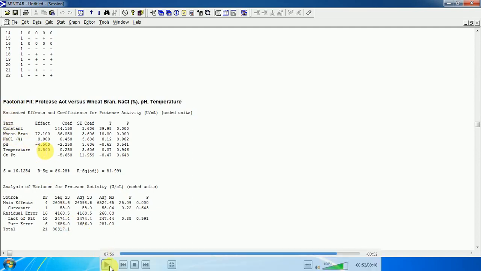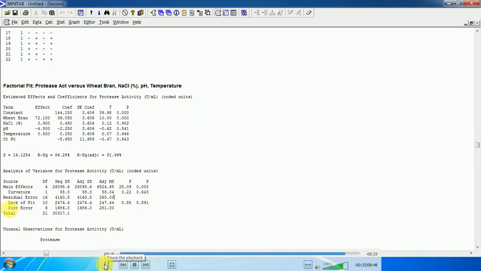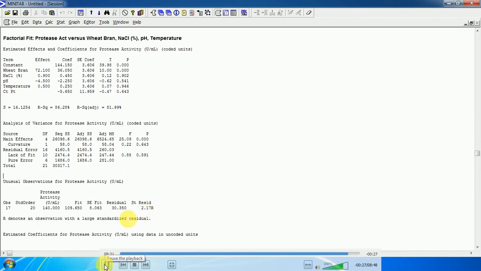We can see that wheat bran is most significant as the p value is near 0, while pH is 0.541, which is also significant. The rest of the other factors are not so potent that they can affect the process. Then a curvature in the data is observed, and pure error, lack of fit, residual errors. These are the analysis of variance, ANOVA analysis.